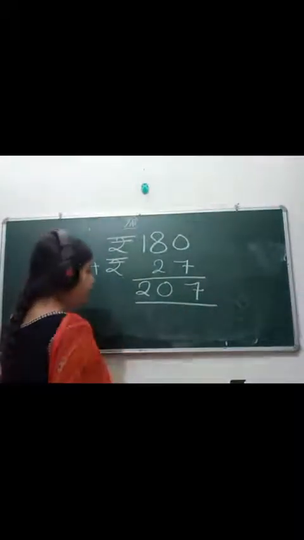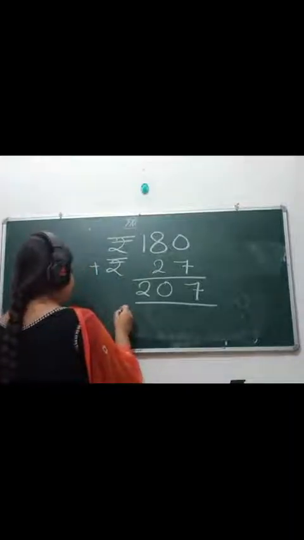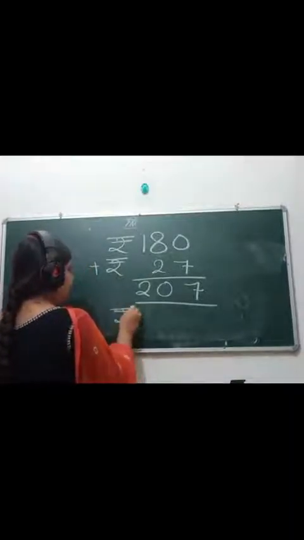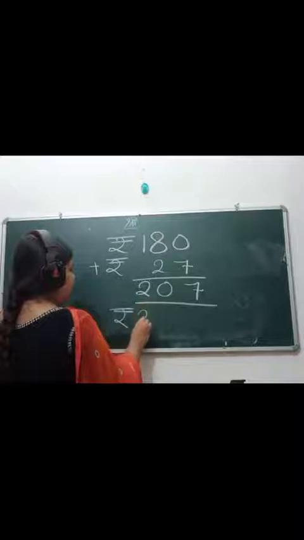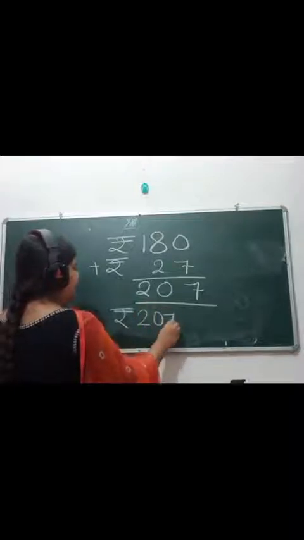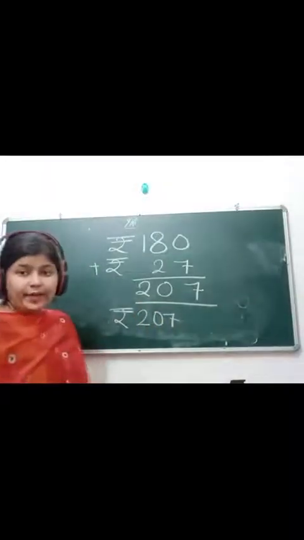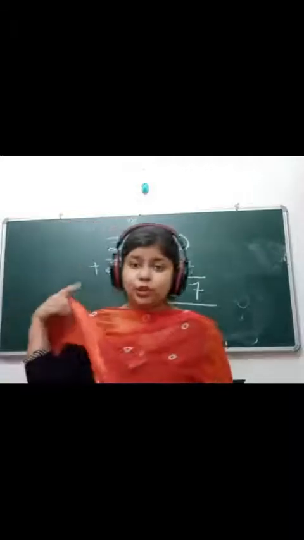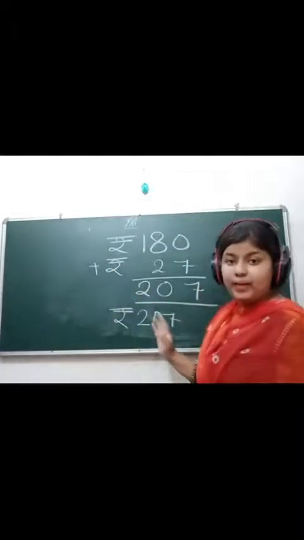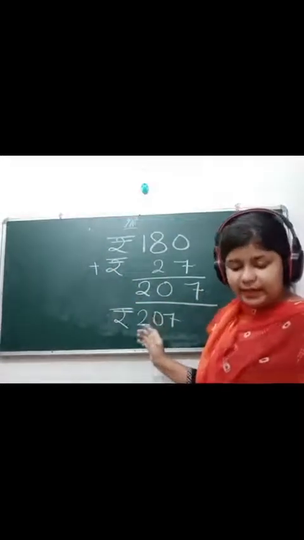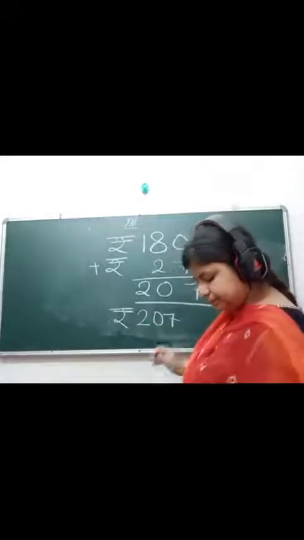Cost of whole cake was 207 rupees. Okay, this was the cost of our whole cake. What is the cost of the whole cake? This much. Okay, now